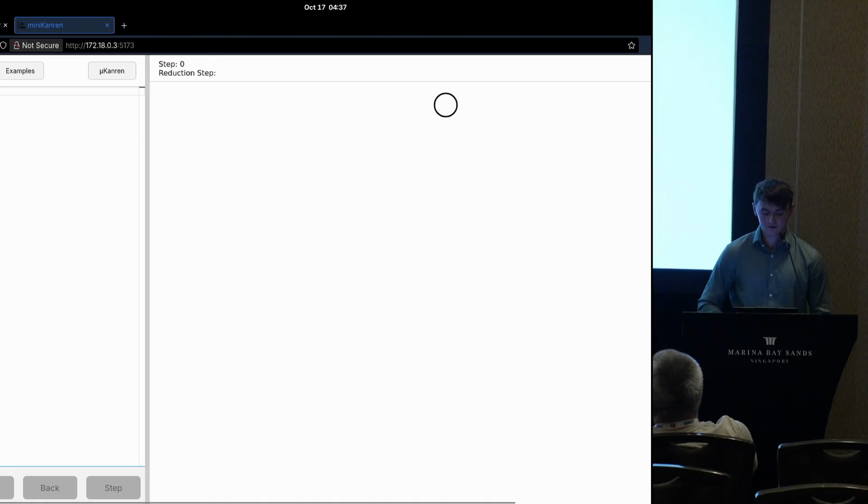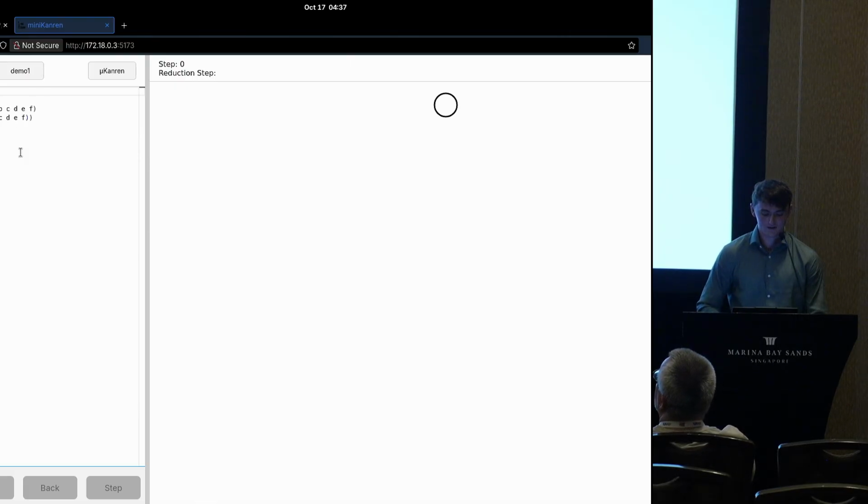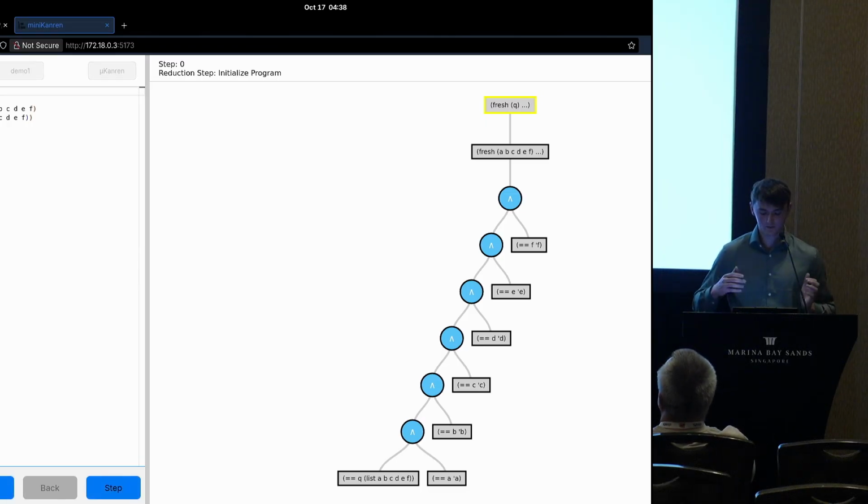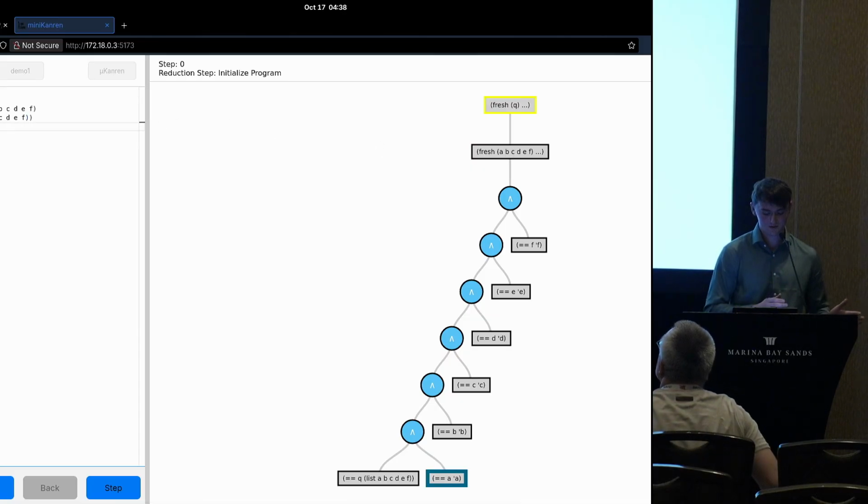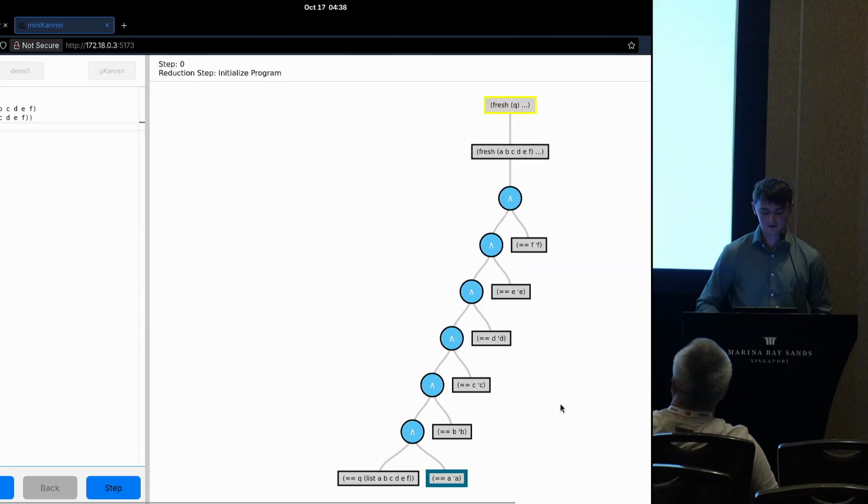We have these 4 buttons: start, reset, back, step. So I'll go ahead and load a program from our list. And when we hit start, it will pull up the tree. And so one nice thing you can do is you can click on a node in the tree, and it will show you where it corresponds to in the source code. So this first fresh corresponds to the entire run query. This fresh would correspond to the first fresh in the run query. And we can click on the source code as well, and you'll see that it highlights the little unification here